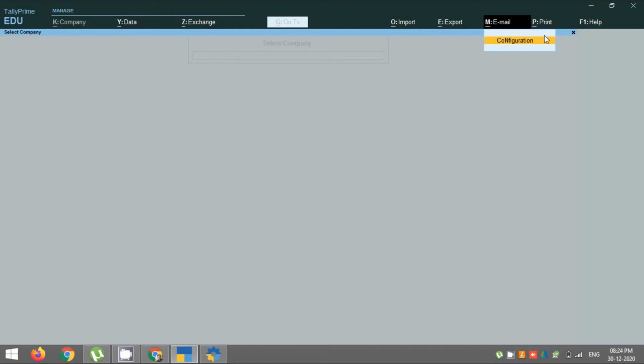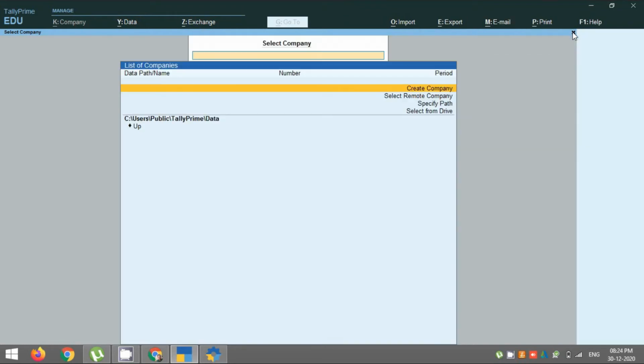So here we start. To create a company, first we need to click on company. There are options like create company, select remote company, specify path, select from drive. What we need to do is create a company for now. So create company.